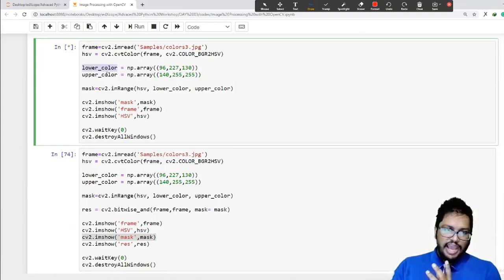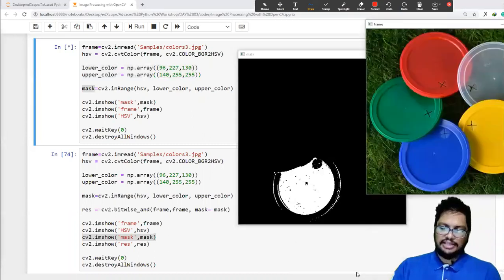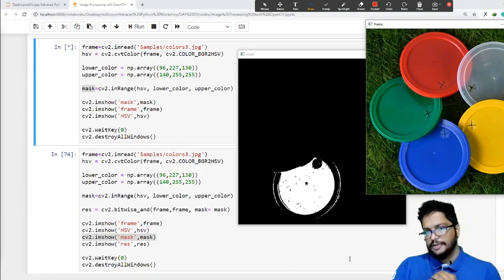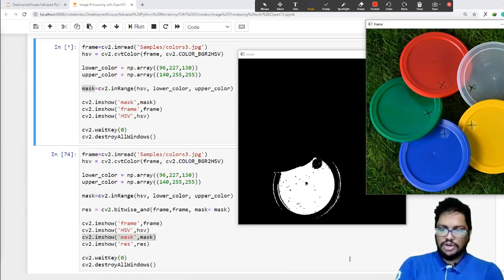is that we have provided two colors. So in this one, it has extracted some color here. To be exact, the gray color. All the gray color pixels are extracted here. All the blue color pixels are extracted here. Can you see? All the blue color pixels are extracted and all the other pixels are neglected,